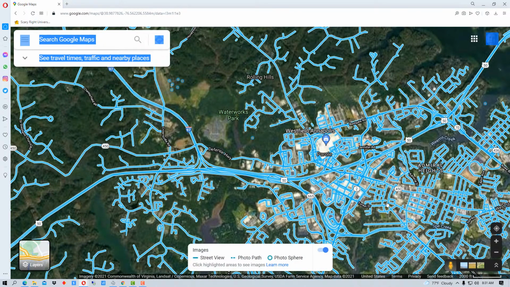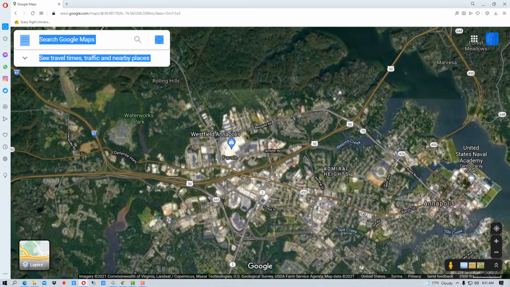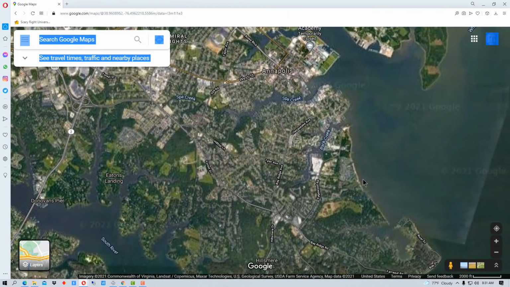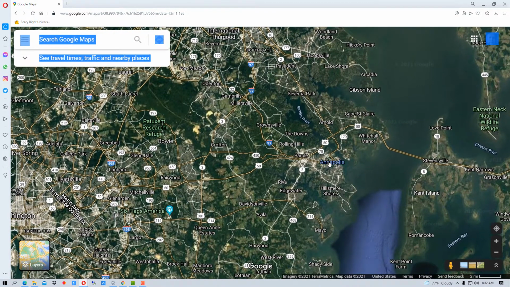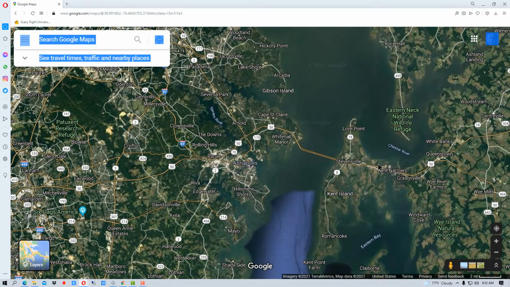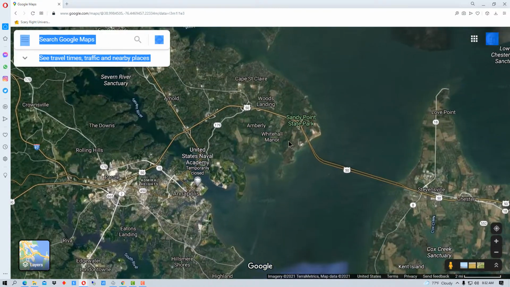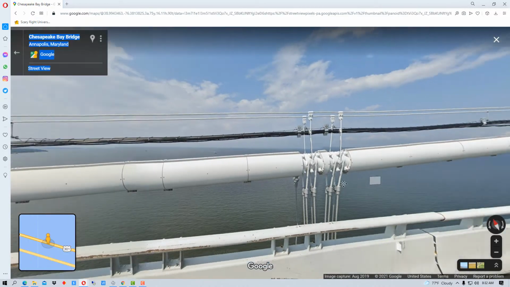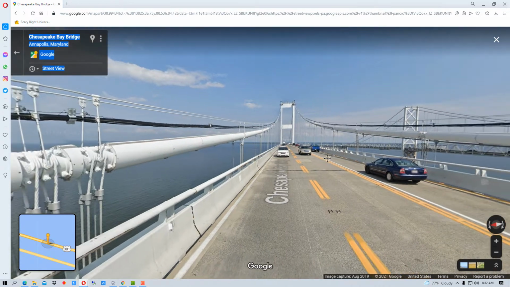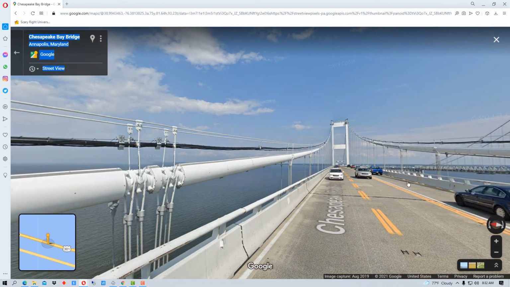If you go in here, you can see it kind of obscures a lot of stuff, showing you where it can go. So I'm going to zoom out even farther, and Annapolis is right here. Here's Stevensville Island right here. And if we go in here, we can actually once again click on Google Streets. If we click on this, this is actually the Chesapeake Bay Bridge. And so we can see once again the view from here, maybe even scout out to get a good look